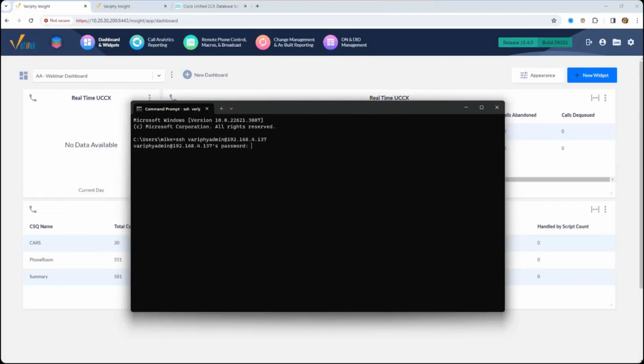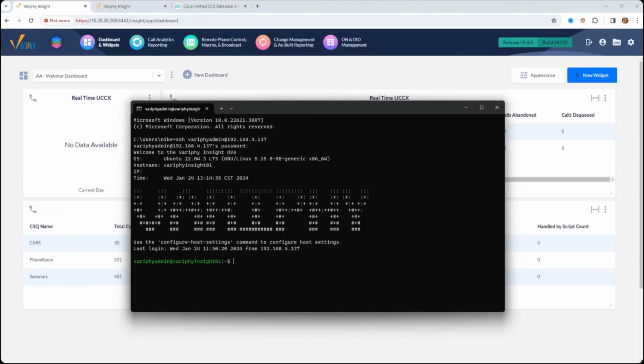And then it'll ask me for a password. And there we go. So now we're logged into the server. This is my local lab system. To restart the service, to bounce the verify software, just type in sudo systemctl restart verify.service,